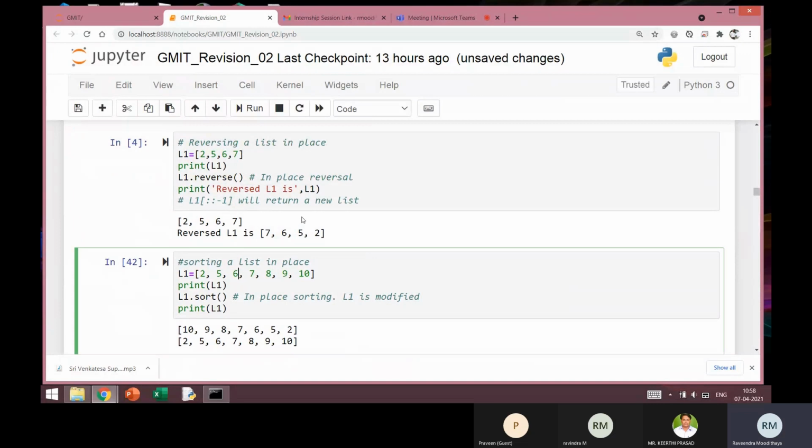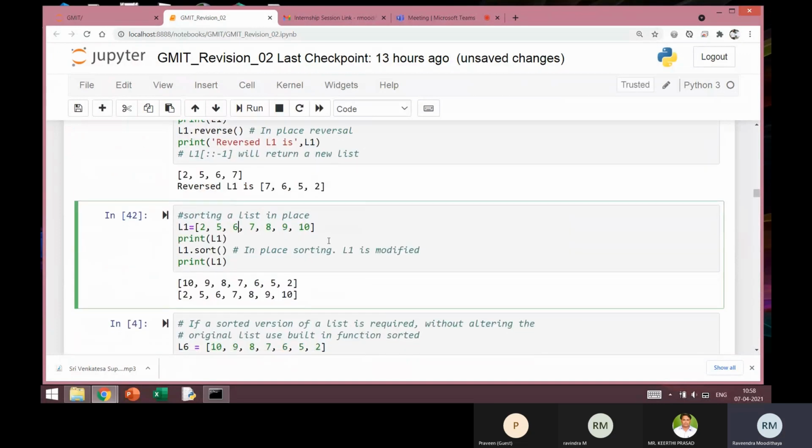There is another important method which goes with the list, which is sorting. How do you sort this list? Now remember, the sorting operation is possible when the elements are of homogeneous type. As we are taking an example with integers as the members of the list, sorting is possible.